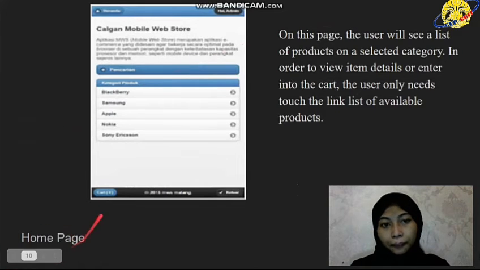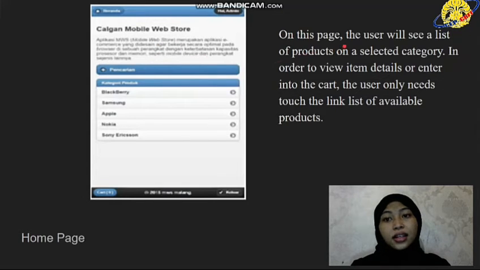So this is the homepage for Calgam mobile web store. On this page, the user will see a list of products in a selected category. In order to view item details or enter into the cart, the user only needs to touch the link list of available